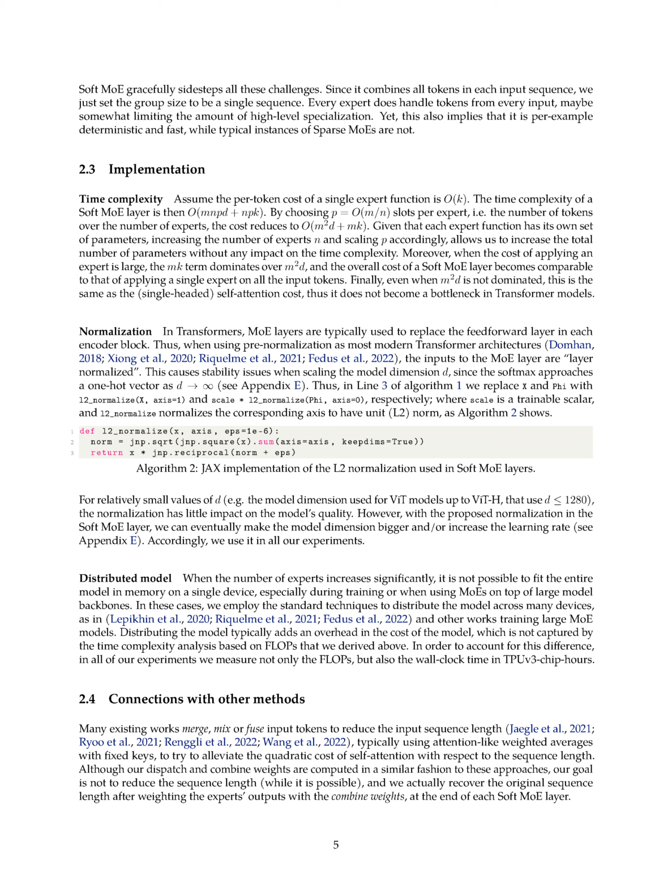Section: time complexity. Let's discuss the time complexity of our model. We'll start by assuming that the cost of a single expert function is proportional to a constant, k. The time complexity of a soft MoE layer is then proportional to the product of the number of tokens, the number of experts, the number of slots per expert, and the model dimension, plus the product of the number of tokens, the number of slots per expert, and the constant k. If we choose the number of slots per expert to be proportional to the ratio of the number of tokens to the number of experts, the cost reduces to a value proportional to the square of the number of tokens times the model dimension, plus the product of the number of tokens and the constant k.